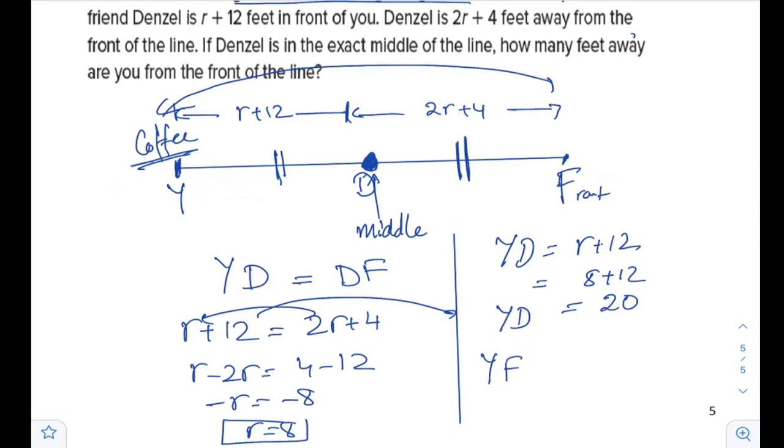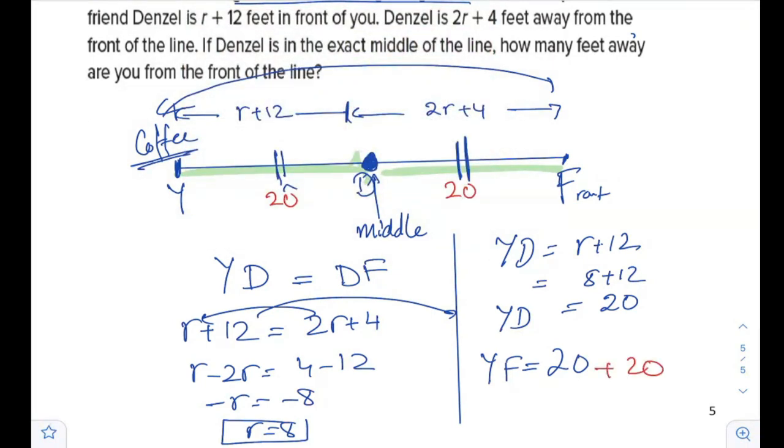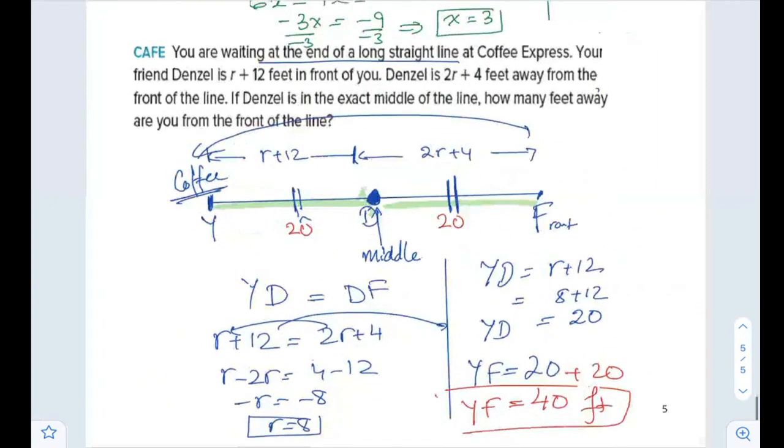So it will be 20 times 2, because this line segment is equal to that. If you know that this is 20, and this should be 20, you will add it twice, or you multiply 20 by 2, and this will be 40. And he is measuring in feet. This is the nice application that we have done using congruent segments, and with that we are done with this